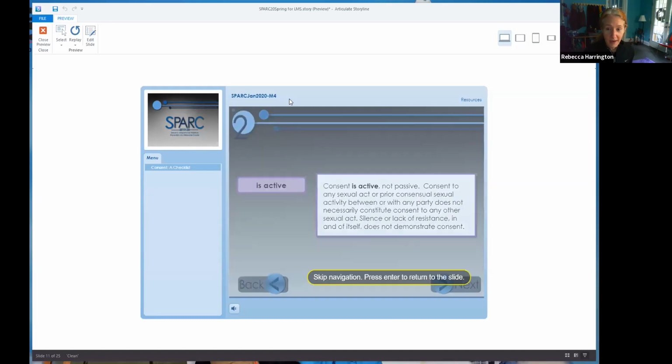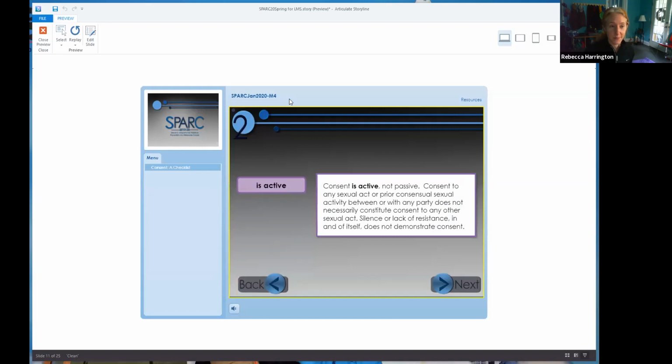When I hit here, it says it's going to let me skip the navigation. So I think that means it's going to let me skip. Oh, you can't see what I'm pointing at. Oh no, it's letting me skip. So it's not going through the menu. It's not going through the volume every time I go through a slide. It's letting me just go to the next slide without having to tab order through all of the pieces of the player that could be tab order identified. And that is really a huge, huge boost for students who rely on that.